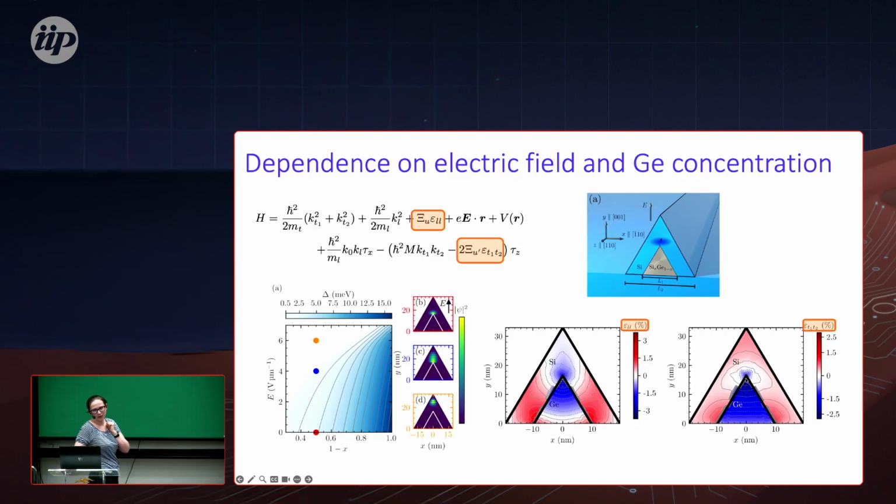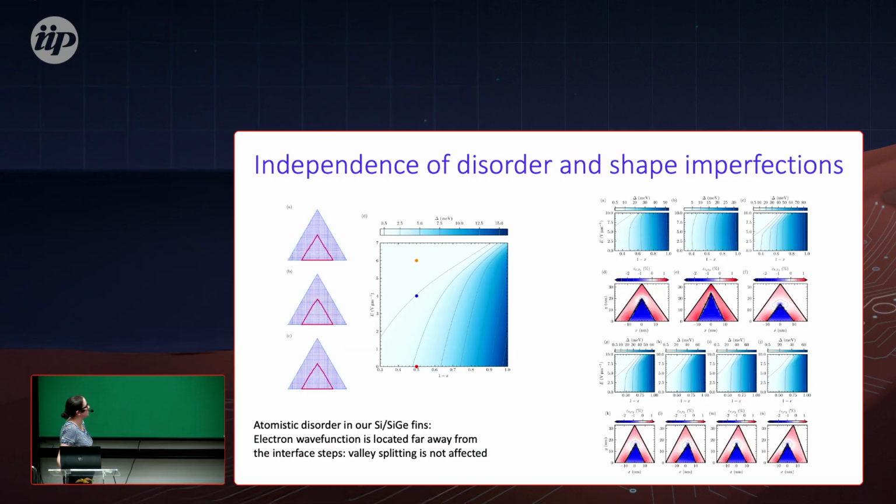So it means our electron wave function, also with applying a little bit of electric field, we can adjust it. We can go to this optimal regime where the electron is exactly localized at the point where you have maximum strain, and this is exactly the type of strain which lifts the 2-fold degeneracy. We can show also that it is not affected by disorder, and the shape does not need to be perfect. This is basically how we resolve some of the problems of valley degeneracy, which was for a long time a problem for electrons in silicon, right? So just to give you some flavor of how we address it.